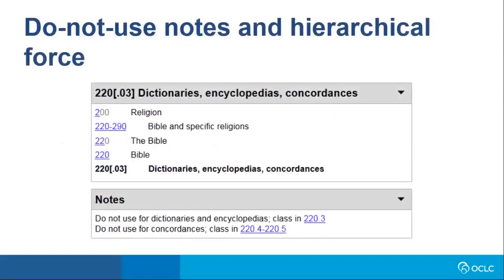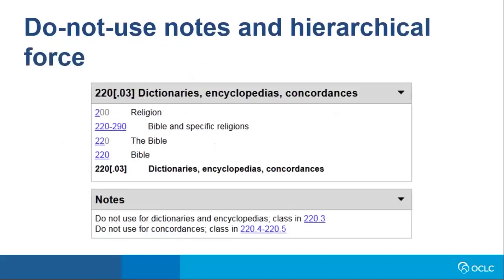Whenever I give these presentations and talk about changes to the classification, I will often skip over some of these ones that are really about our own rules and how we present Dewey information in the introduction. But as many of you know, the introduction is still very important, and this one I thought was worth clarifying. In the introduction, we talk about the different types of notes that we use throughout the classification, and we talk about notes that have hierarchical force, which means a note at one number will apply to subordinate numbers. We talk about some notes that do not have hierarchical force,